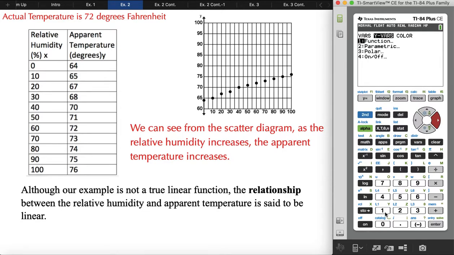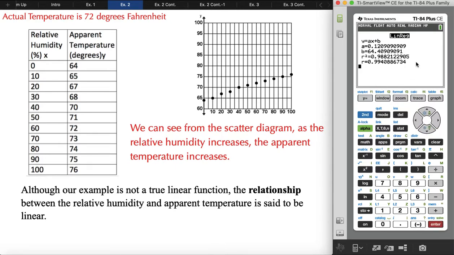You want option 1, and once again option 1 for y sub 1. So what that's going to do is once I calculate the equation, it's going to store the equation into y sub 1 under your y equals menu. Okay. All right, now we hit calculate,